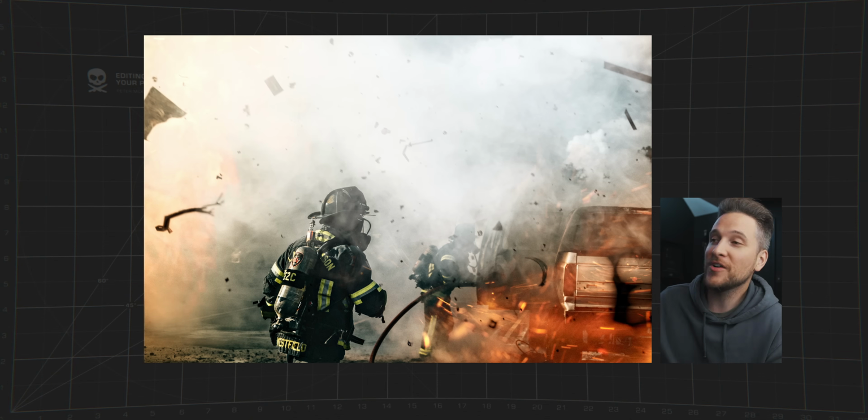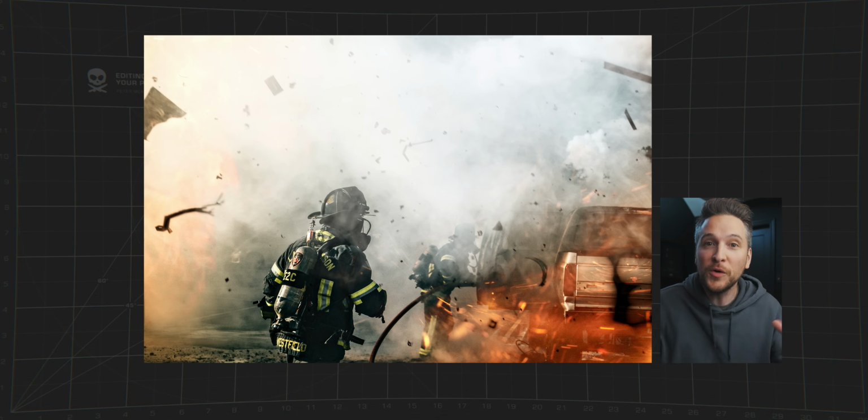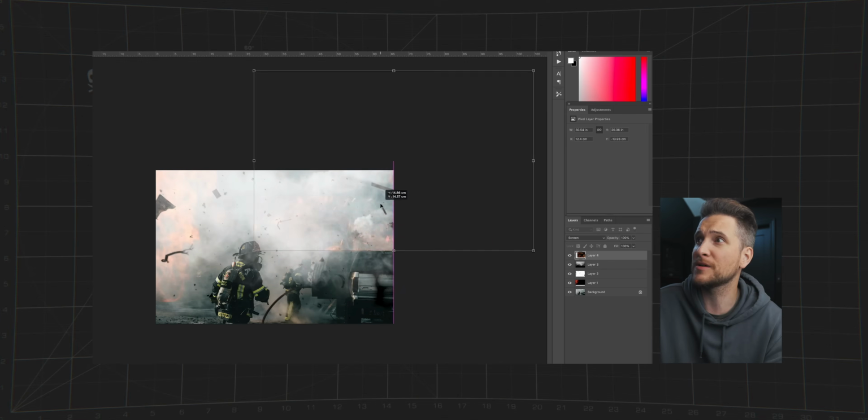I put fire and embers on the right side to make that truck look like it was on fire. I put fire on the left side. I warmed both sides with a little bit of coolness in the middle so that firefighter looks like he's engulfed in flames and in the action. Put extra fog up top to just make it seem even more smoky